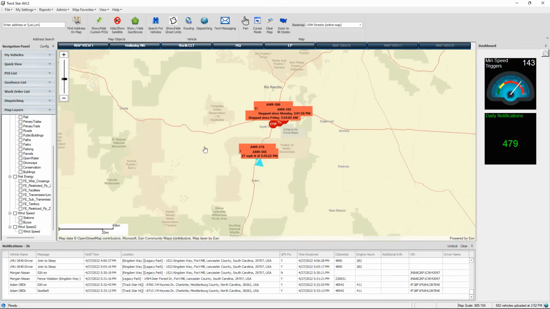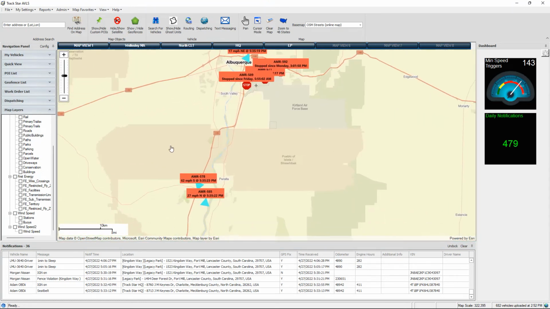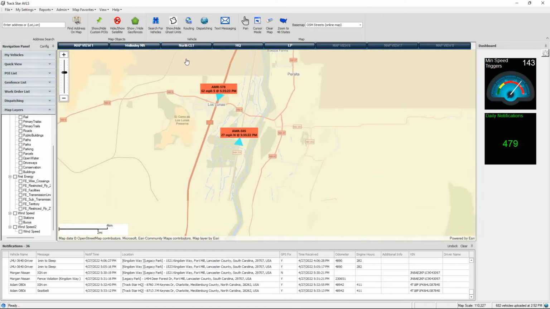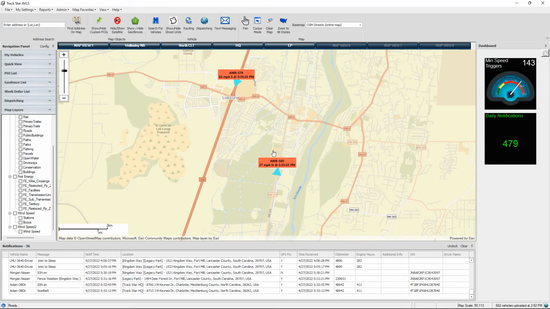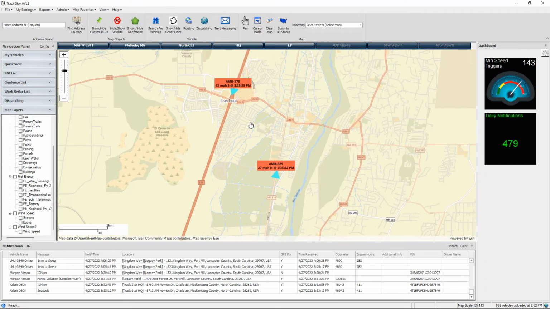And vehicle positions and other data update on the map display in real time as the data comes in from the vehicular devices. You'll see this is actually live data